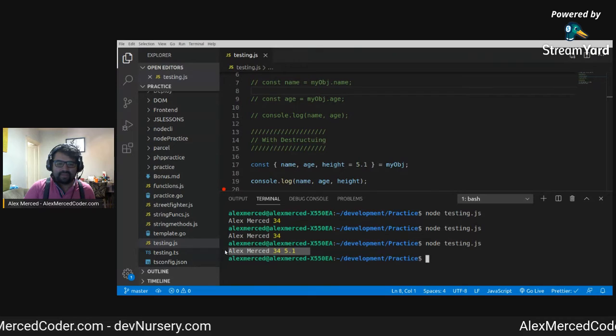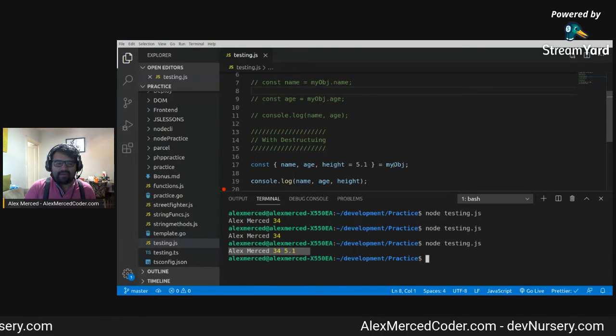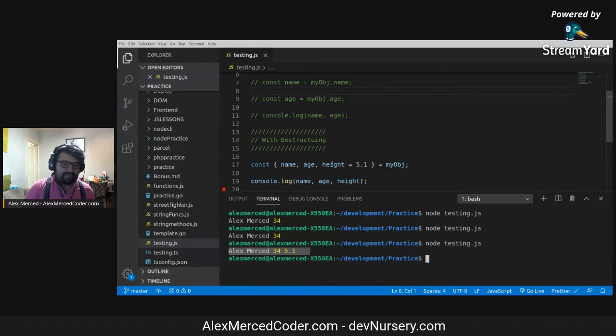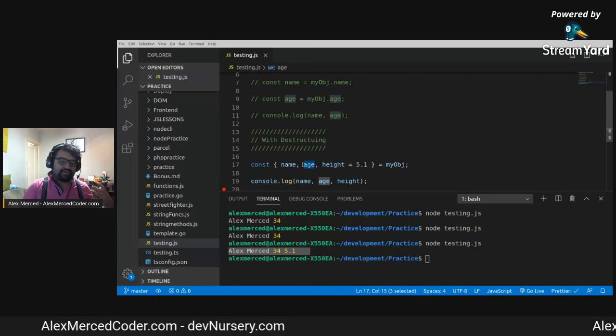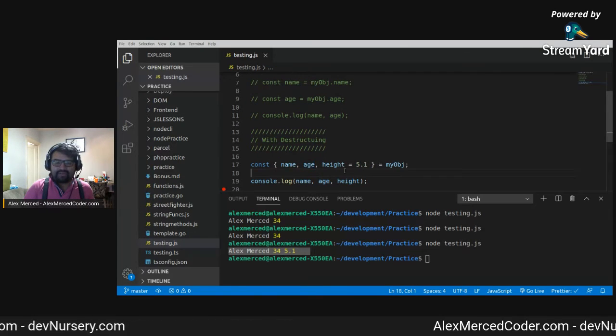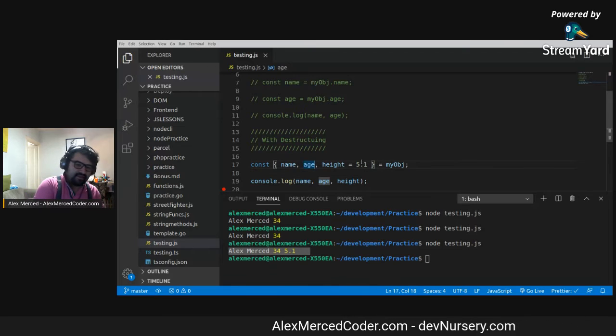You get the default. Now, what happens if maybe I already destructured a separate object, or I have a separate variable that's already called age? So this would collide with that variable. So what I can do is I can do this. I can be like age,